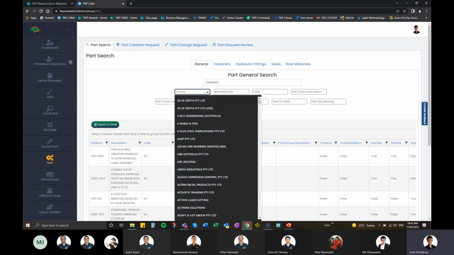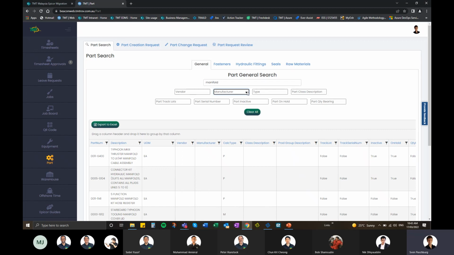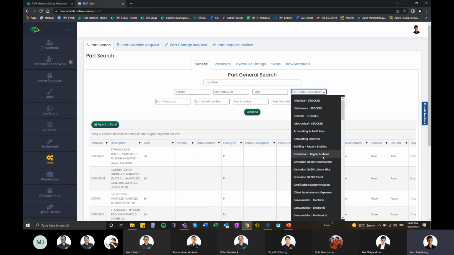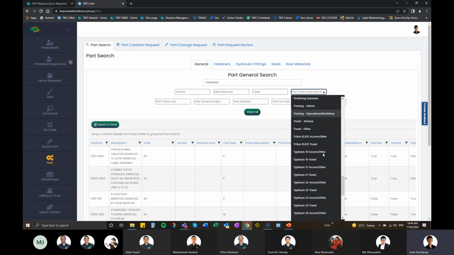You might want to look for a part from a specific vendor, a specific manufacturer. You might want to filter it down by where it's purchased or manufactured, or filter it down to a specific part class. For example, you might be looking for a specific